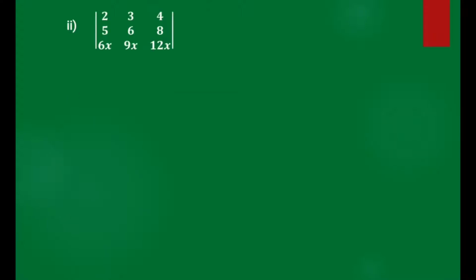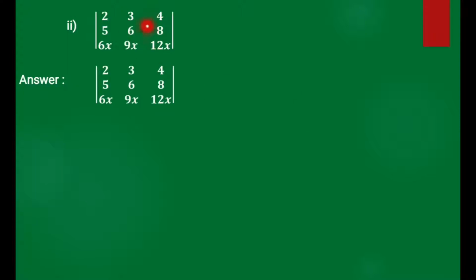Now see the second sub-question. Here the elements in the first row are 2 3 4, the elements in the second row are 5 6 8, and the elements in the third row are 6x, 9x and 12x. If you observe the first row elements 2 3 4 and the third row elements 6x 9x 12x, the elements of the third row are multiples of 3x. So see here in the solution